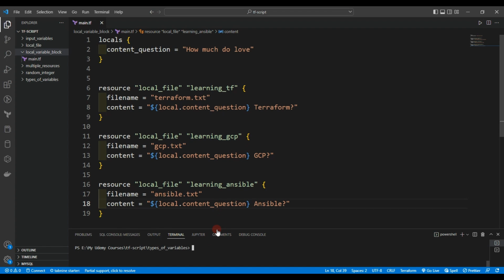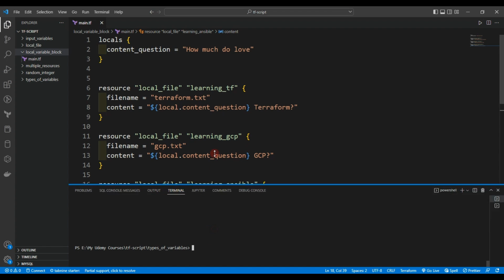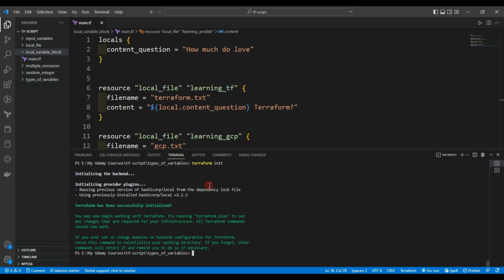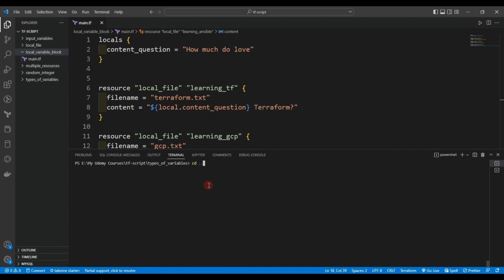So let's give it a try. Let's do terraform init. We are inside the types of variables. We need to go back, cd, and we need to go to cd local variable block, and let's do terraform init,